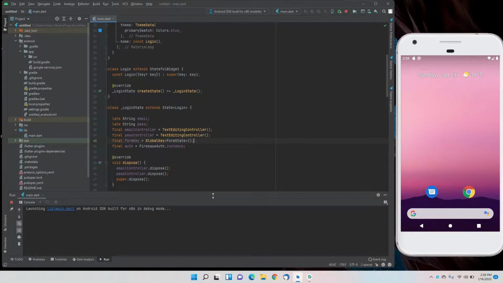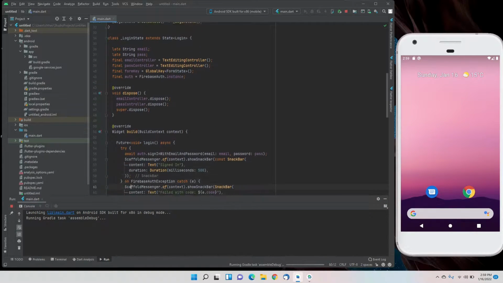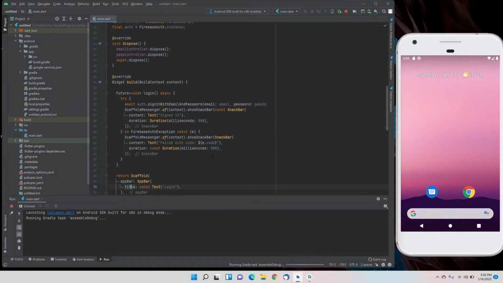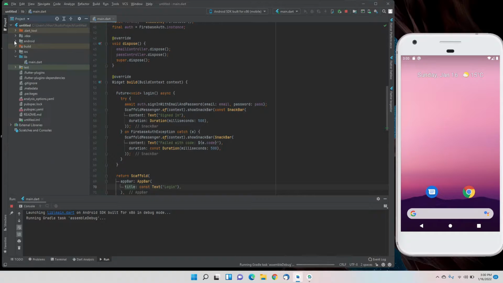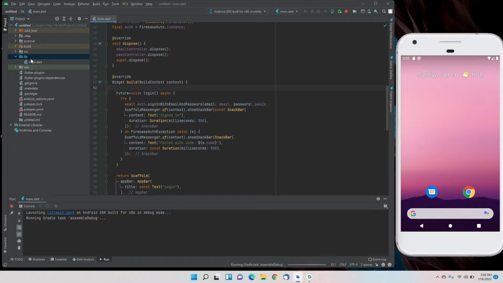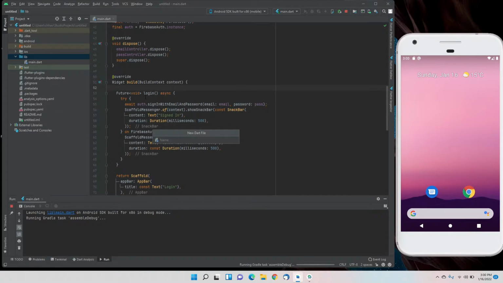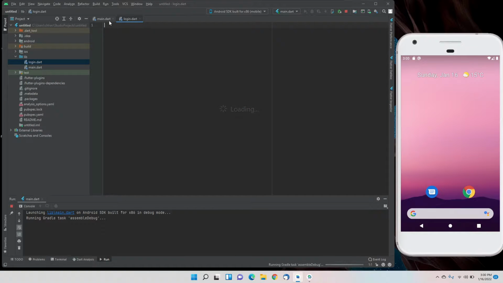In the last video, we saw how we can sign up and log in using Flutter, Firebase, and Google Console. So in this video, we are going to validate our form. We'll be adding a form key and see how we can validate it, for example if the password is short or if the email is not actually an email but random text. So how can we verify that the email is actually an email and the password meets its requirements, that it should not be less than 6 characters and the email should have at least one @gmail.com or yahoo.com, something like that, right? All of this validation we'll be doing in this video.